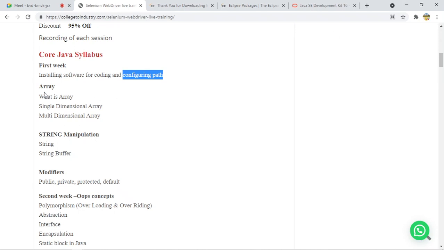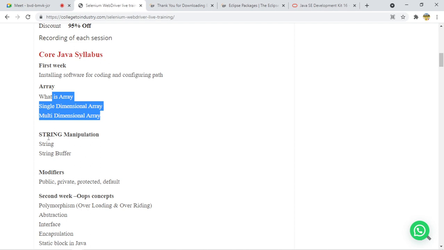And once that is completed, we will navigate to this topic, what are arrays in Java. Types of arrays, like single dimensional, and in the multi-dimensional array we will see, right? And what is the use of arrays. So these are the things we are going to see. And after that, we will go to the String class in Java, and what is a String and StringBuffer and StringBuilder as well. So we will see this topic after that.